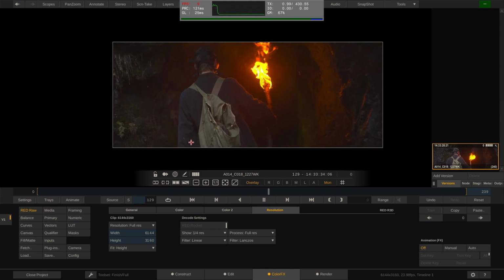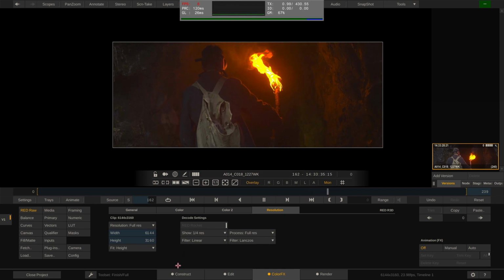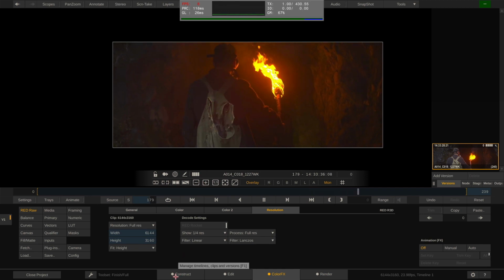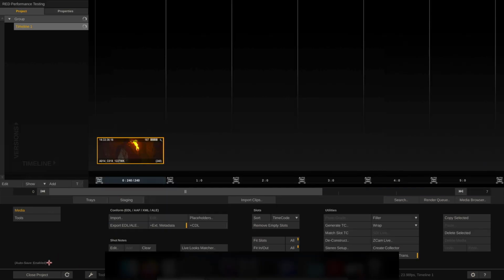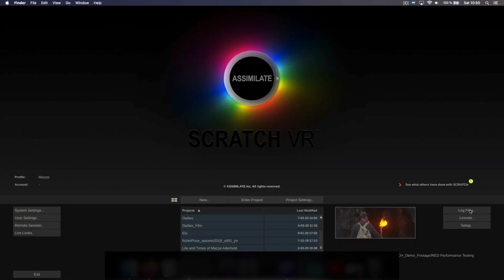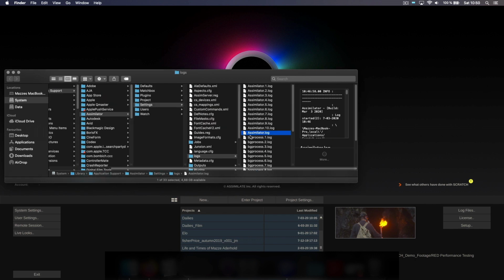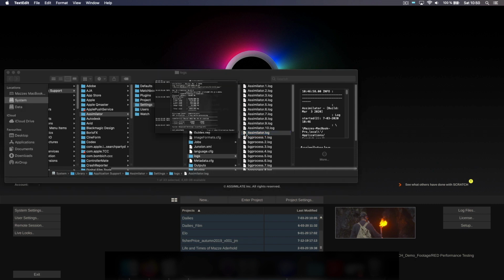Alright, so this way you can test performance in terms of playback with Red RAW media. Let's have a look at some technical settings. Close the project and head over to the log files. In this folder you will find the Assimilate log, which is the log file of the last or the ongoing Scratch session. If we open that